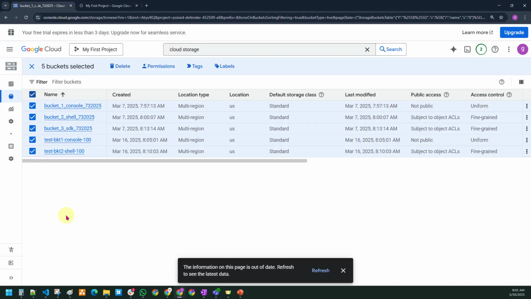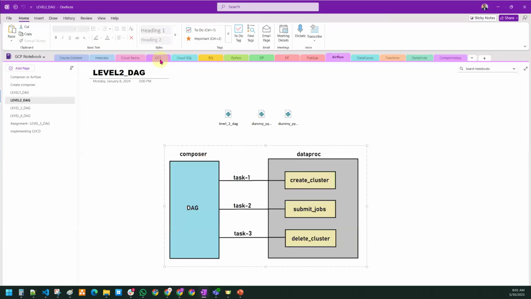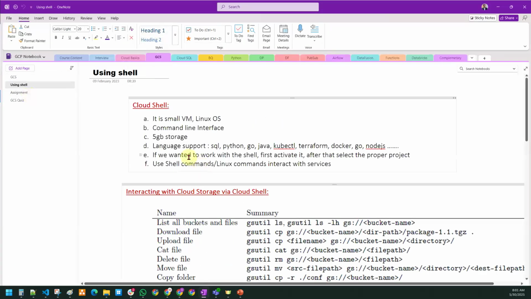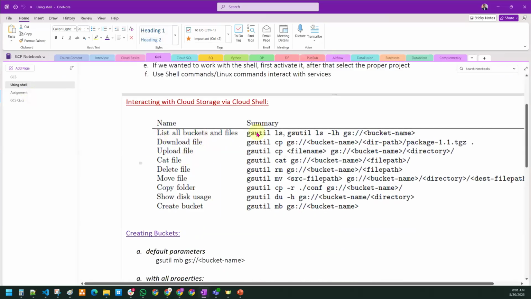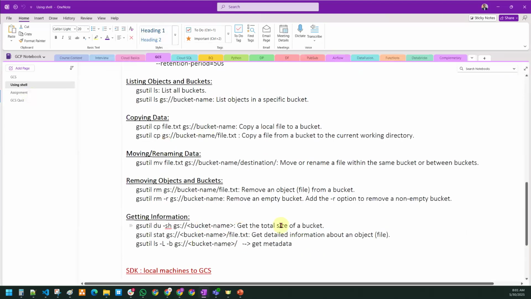Okay, so we are having a separate session on these commands, which we are going to see in our upcoming sessions. Don't worry, maybe I can show you. Some people get confused, sir, where do we use these commands? You can see the commands are listed down here: ls, cp, cat, gsutil. So all of these commands we are going to see in our upcoming sessions.